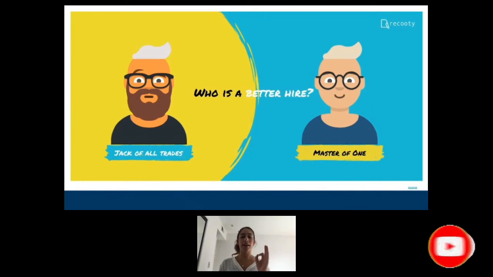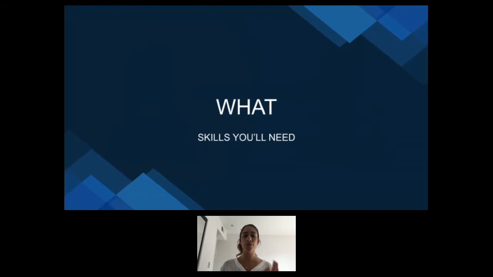So now we're going to get into the what. What skills do you need in order to achieve this? What I've done here on the right-hand side is pull a requisition, a rec. Put yourself in the mindset of someone who's transitioning, approached with this rec, thinking, what do I need in order to guarantee that I get this job? What do I need to look for? I'm going to start breaking this down.